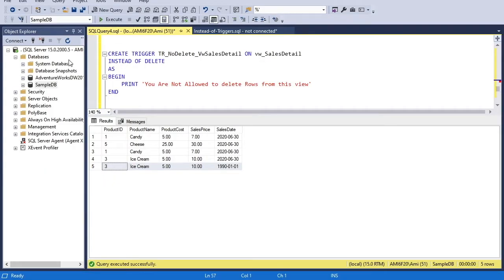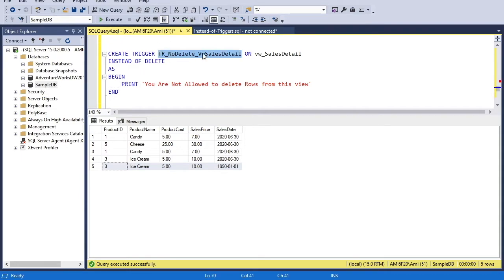We can also implement an instead of trigger when we want to safeguard a table from deletion. So that would be very simple. Just create an instead of trigger on the delete event. So whenever a user fires a delete statement, instead of executing the delete, the instead of trigger will fire, and you can print the statement that this delete statement is not allowed. Let me show you in the example. So this is the very simple example here again.